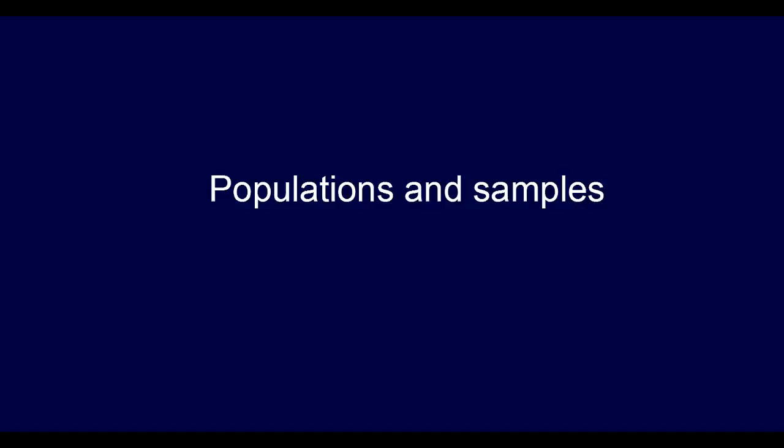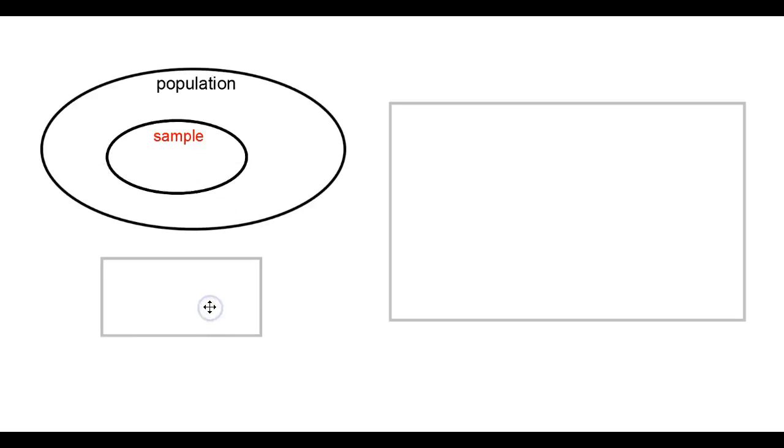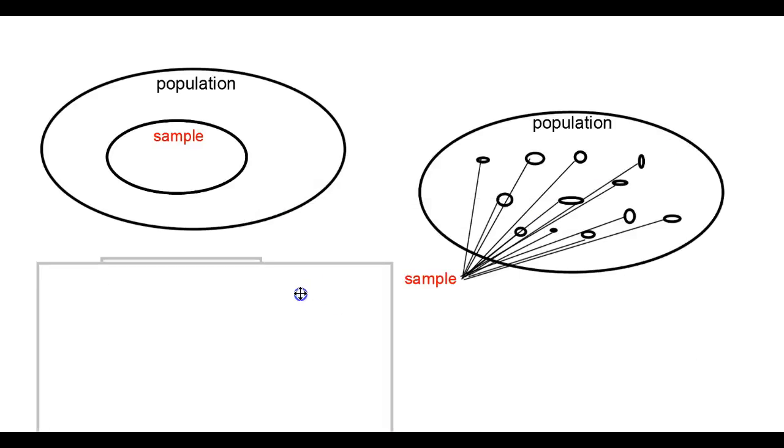In this first section, we're going to look at populations and samples and how we get those. At its simplest, the population is who you want to study. It's who you want to know about, and a sample is just part of that, a small group of that. Now, typically we're going to do it randomly, so it might look more like this diagram here, where we have a big population we want to study, and the sample is little pockets here and there that we are grabbing